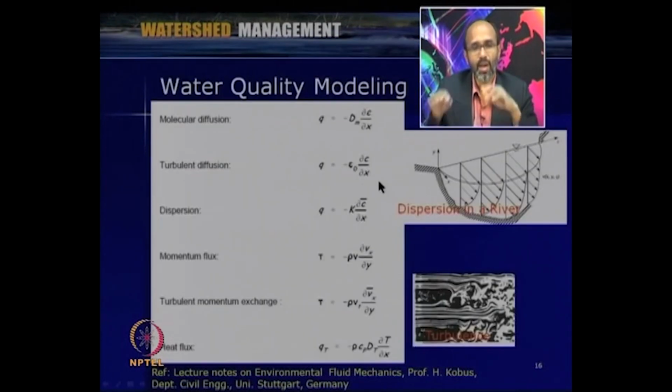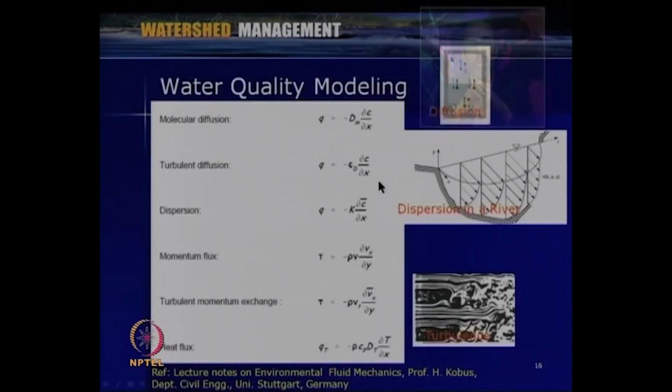So, when we are looking at water quality modeling, first we have to solve the hydrodynamics and then obtain various parameters like flow variations, pressure variations, or velocity variations, either in laminar flow conditions or turbulent flow conditions. Then we have to solve the transport equation, like the advective transport equation which we have mentioned. The solution of this transport equation is only possible once we know the hydrodynamics or the flow variations.